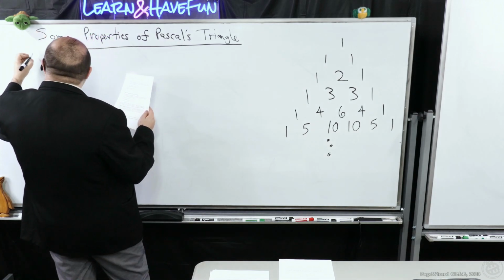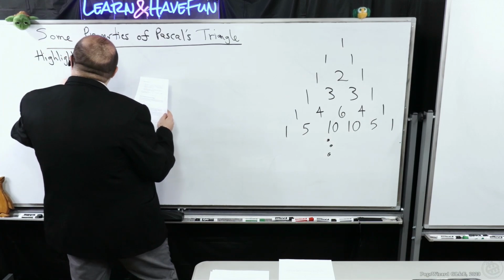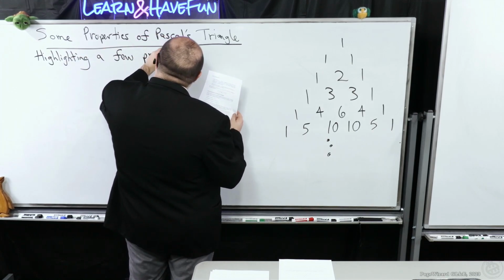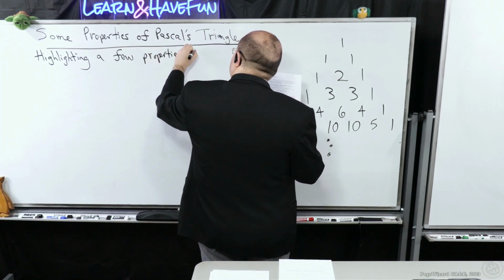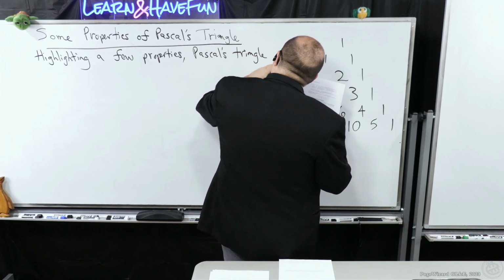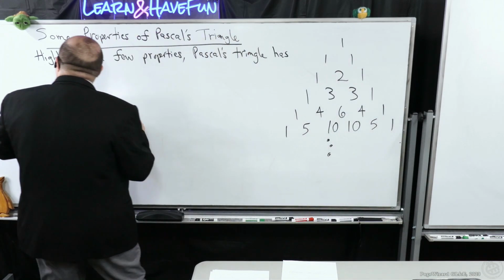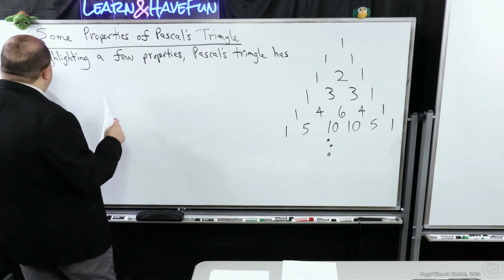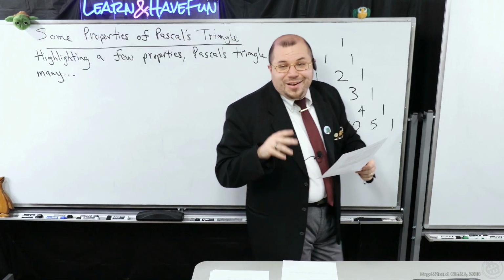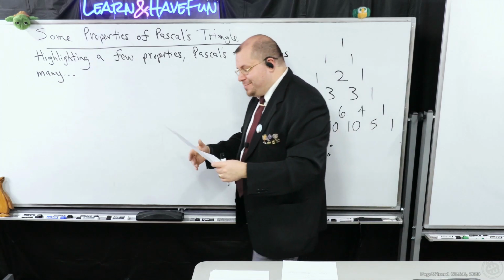So we're going to highlight some properties. Pascal's triangle has many. I know it sounds a little funny. I'm just getting really excited here. So highlighting a few properties, Pascal's triangle has many. So for example,